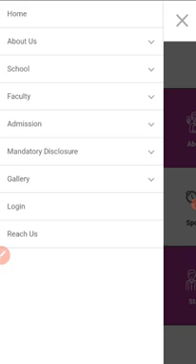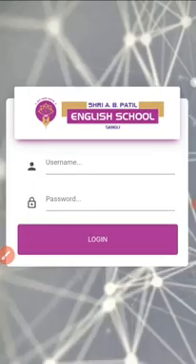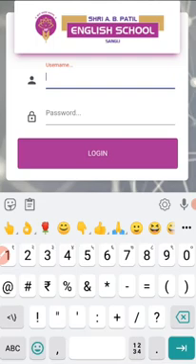Now I'm going to show you. First you have to click on the login to see the lectures. Once you click on the login, you will get a page for the username and password. Now here you have to type your username and password which is given by the school. Students who were studying last year in our school can use the same login and password. So here I am typing my username and password.